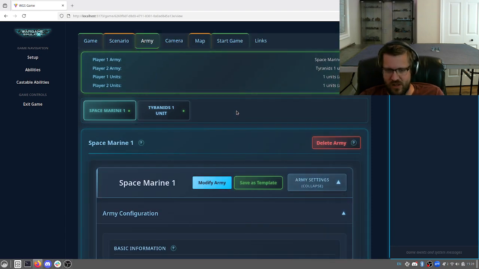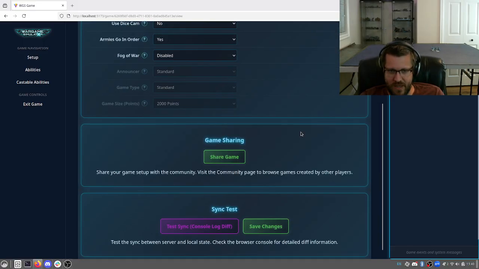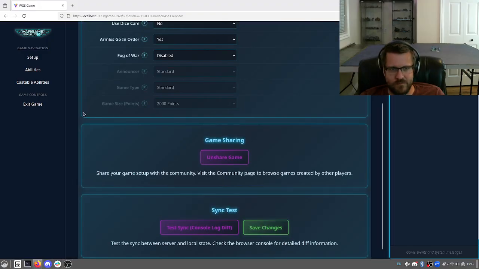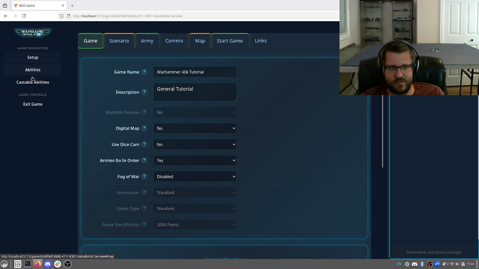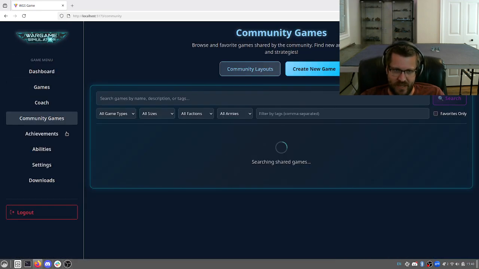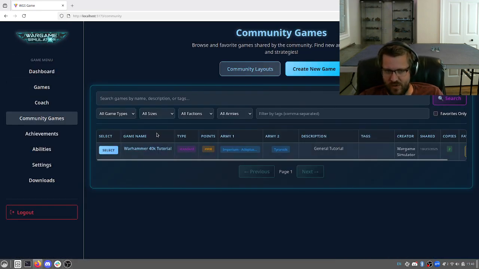But let's say a user has spent a lot of time developing an army, giving personalities and descriptions to armies and units, and developing a game that they'd like to share with everyone else, similar to a custom map. What the user can do is develop their entire game and then click this Share Game button. The Share Game button makes this a public game that other users can subscribe to, download and play through themselves. So now if we go to the community games, we can see our Warhammer 40k tutorial is now live,